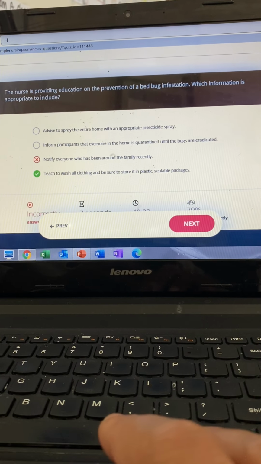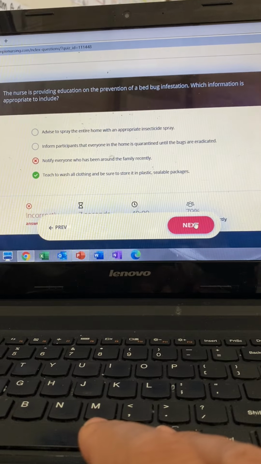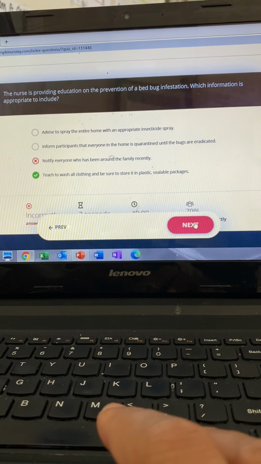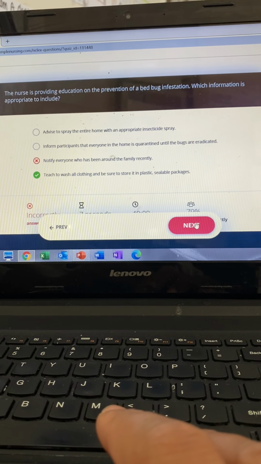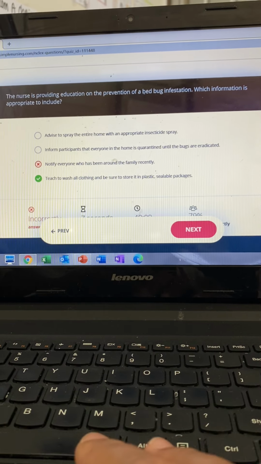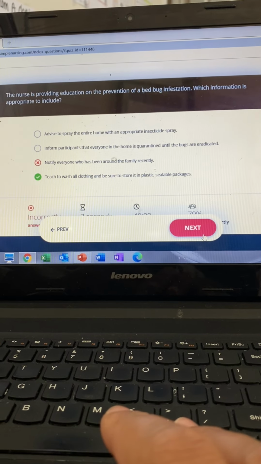So option number 4 we have to choose here. Washing clothes to help kill bed bugs is correct. And storing in plastic, sealable bags to help prevent infiltration. Okay, that wraps it up. For more details and test tips,